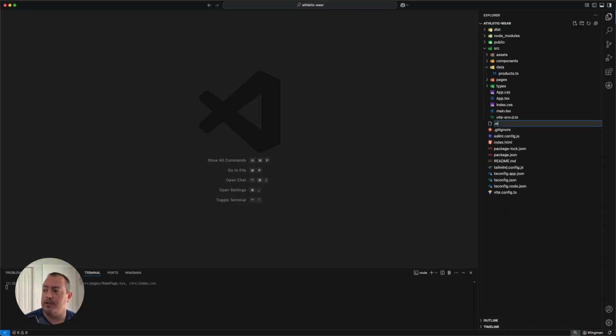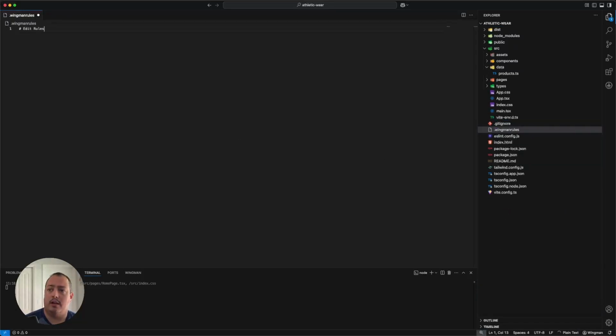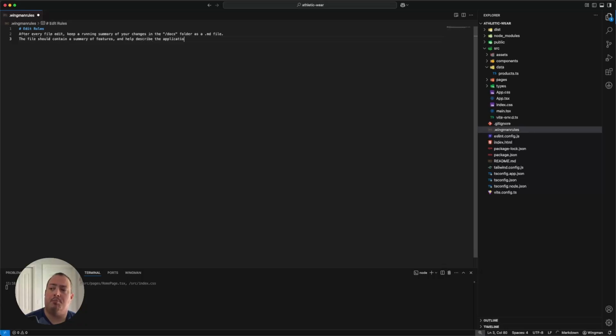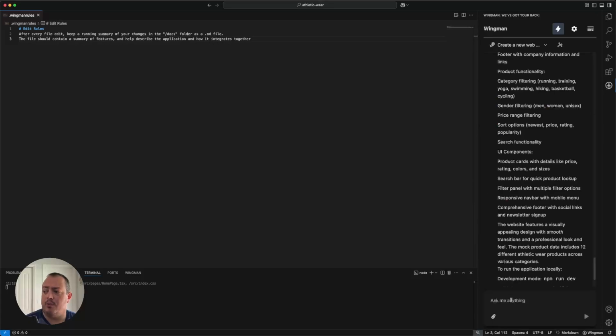So here, just as an example, I can say Wingman rules. I'll just say edit rules. After every file edit, keep a running summary of your changes in the, yeah, we'll just say slash docs folder as a .md file. File should contain a summary of features and help describe the application and how it integrates together. Something simple like that, but I can create it, just drop it in the root here,